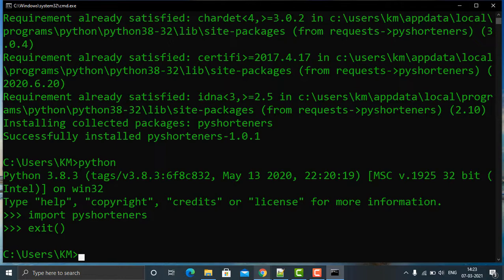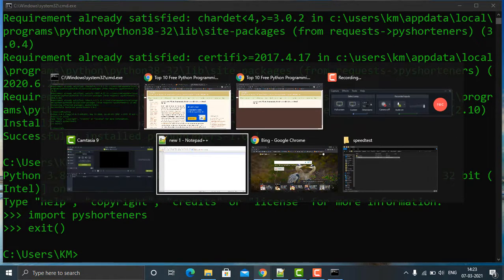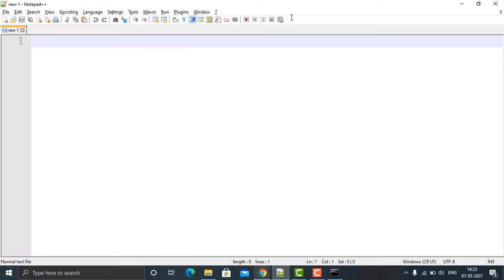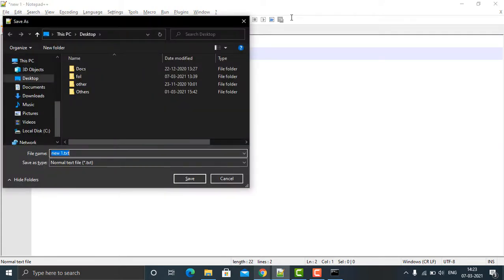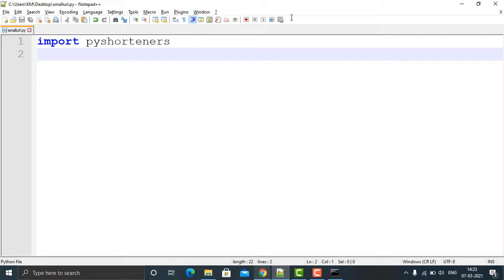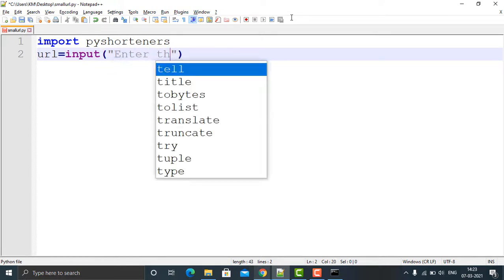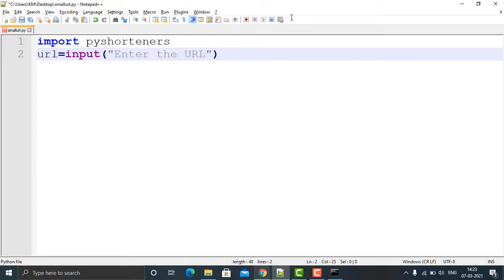So exit, and then I'm going to Notepad++ and write import pyshorteners. Before that I save this file as small URL.py. I'm going to save the input into one user defined variable: enter the URL, simple.